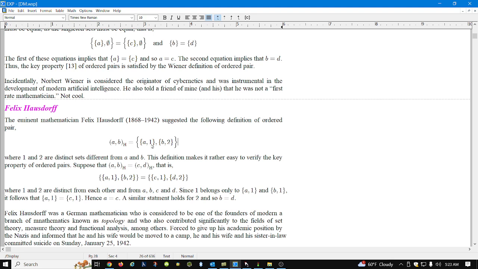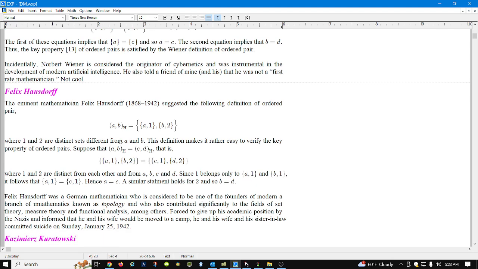Then you'd have to change this symbol. And what would you change it to? I don't know. So there's something a little concerning about this definition,